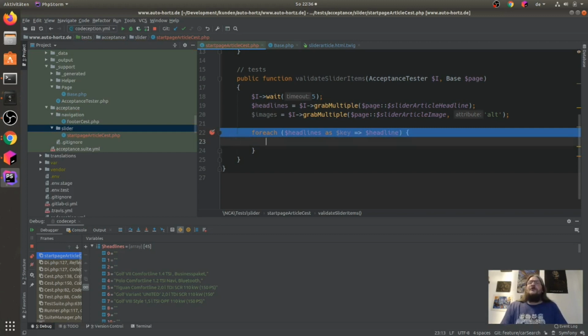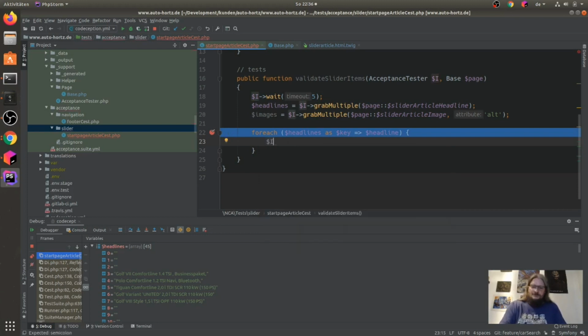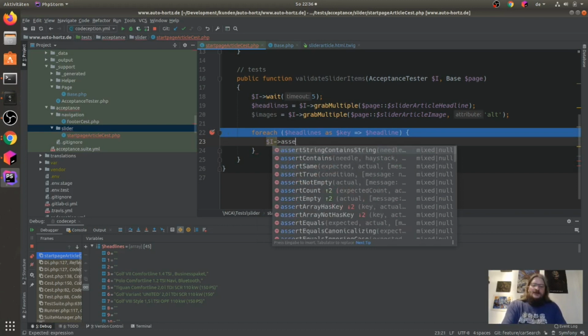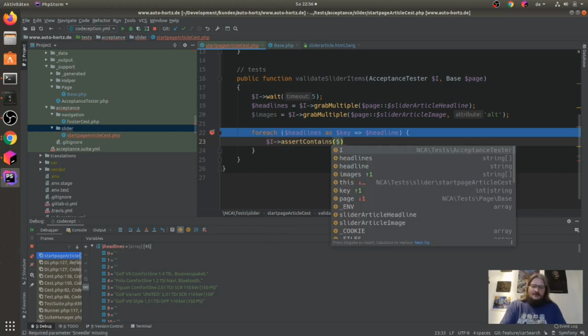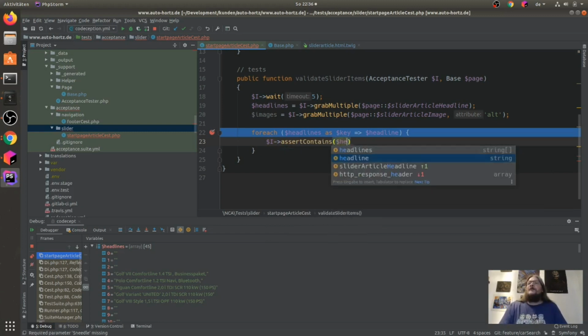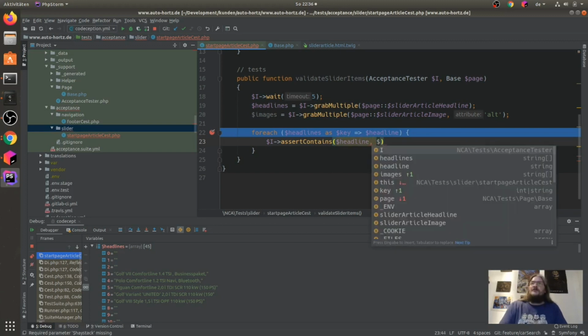Okay, and now we can say $I assert contains. The needle now is the headline, and the haystack is the $image.